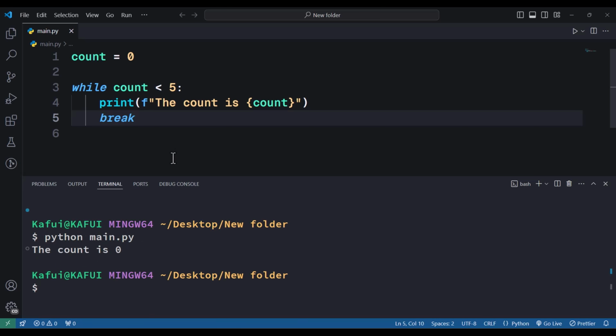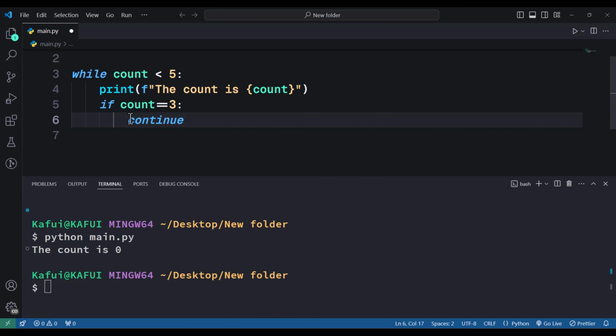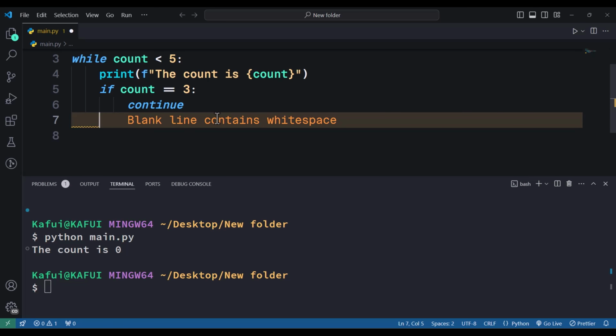So it goes through where count is 0, and then it encounters this break keyword, and then it will break. Another keyword we can put here is continue. But continue is the exact opposite of the break keyword. So when I put continue here, it will do something else. Over here, I can put an if statement. So I can say if, let's say, count is equal to 3, then I can just say continue here, and then I'll come out of this block